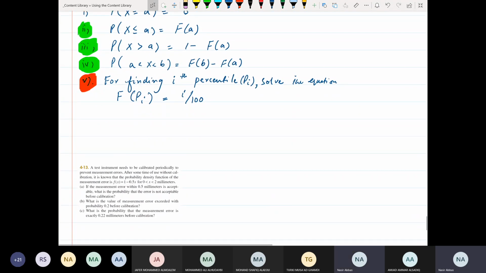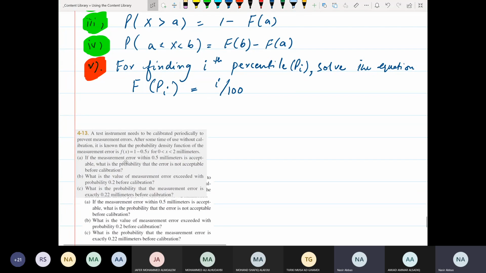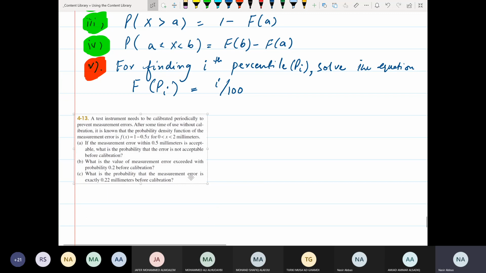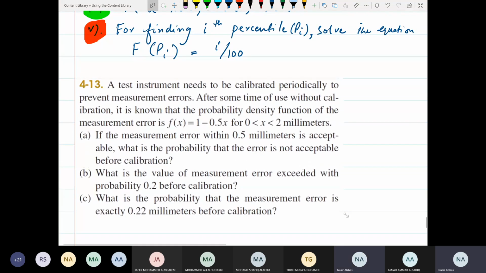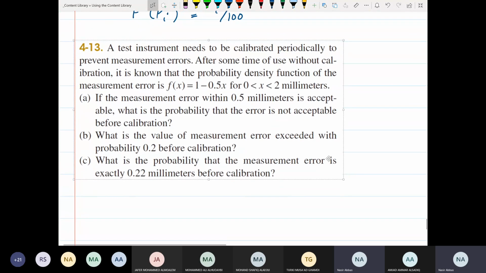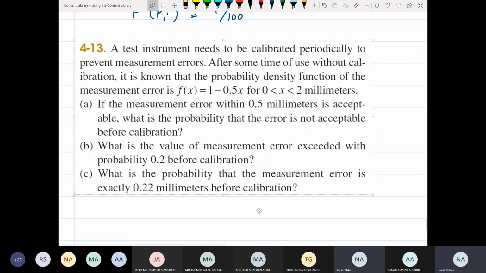Let us try and solve a question. I have already copied a question from your book. And today we'll try to practice regarding the percentiles. Okay, this question says